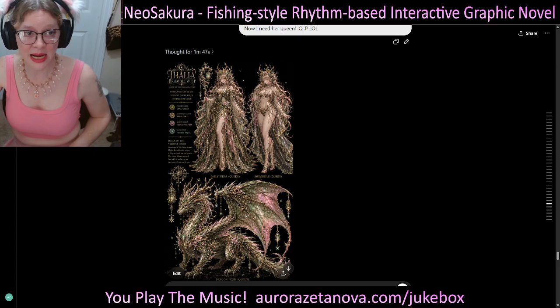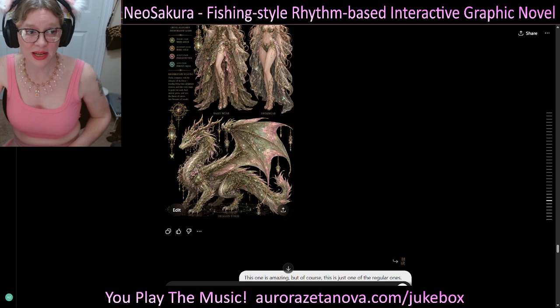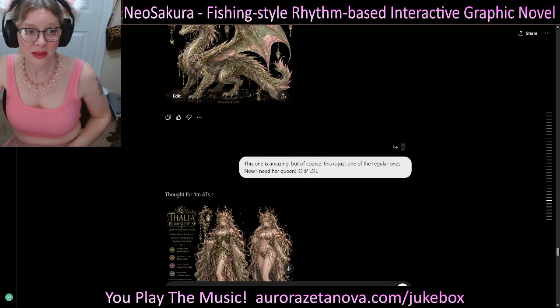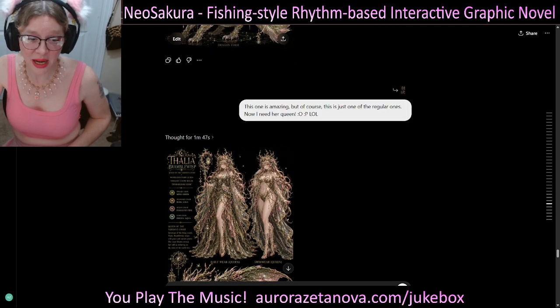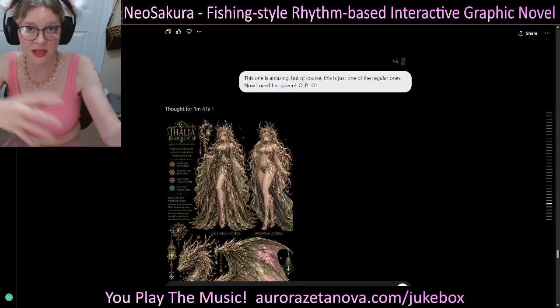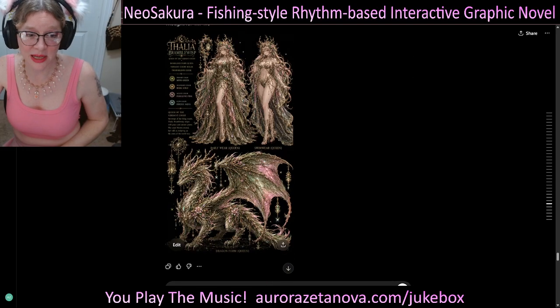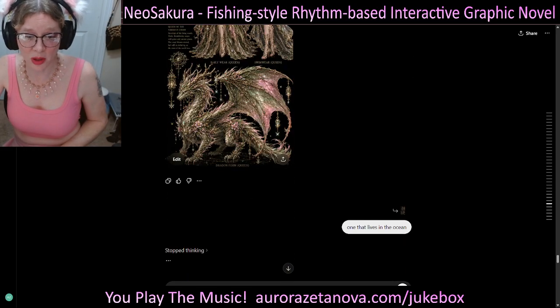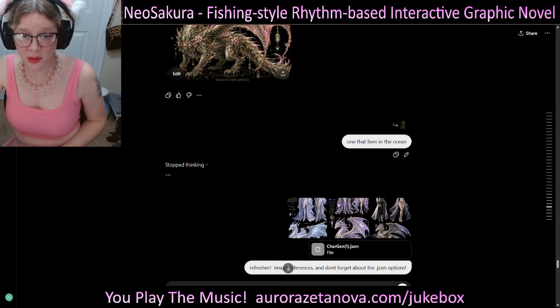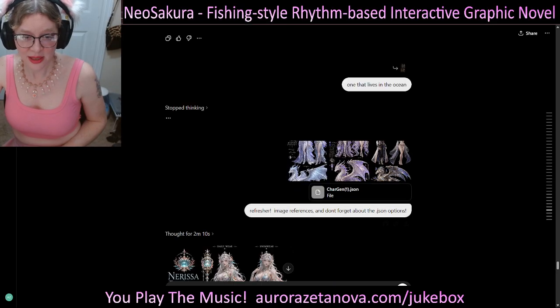It said I need her queen, and it translated that to a queen version of the same character, and it actually even has the same name, Thalia. So it made a queen version. Not what I wanted. I actually wanted a separate character that was Thalia's queen, but I didn't specify that, and that's what it gave me, and I decided, yeah, I'll take it and keep going. Give me one that lives in the ocean. And it gave me,